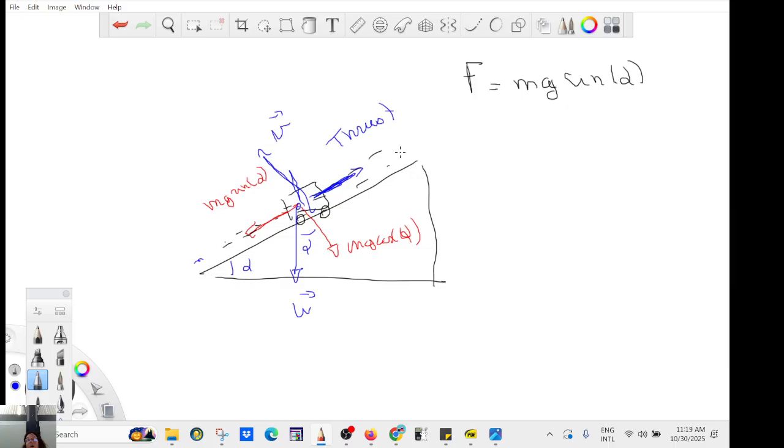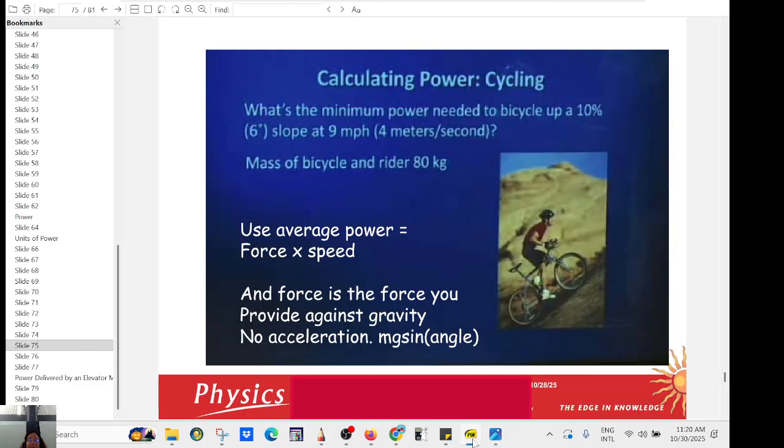So if you go up the slope, the average power will be the power you are delivering, the power that you are generating. It's always delivered by something, so the power you are delivering will be equal to that force times the average speed generated by you, because you have to work against gravity. You have a different way to do it, but that's one way. So in that case, mg